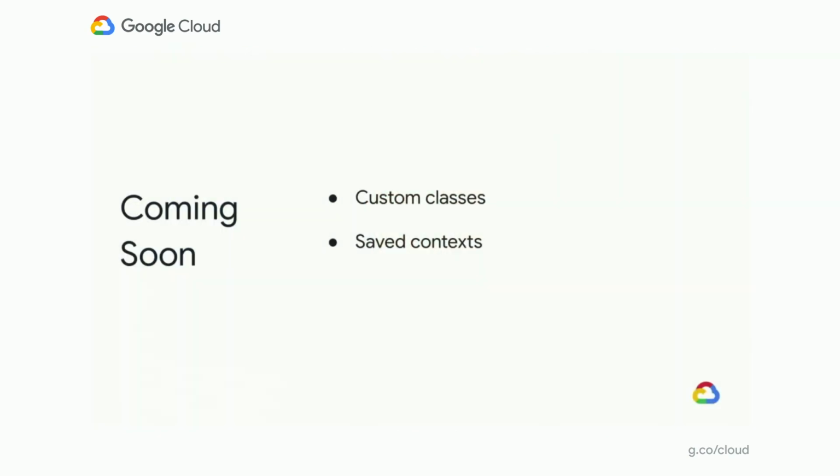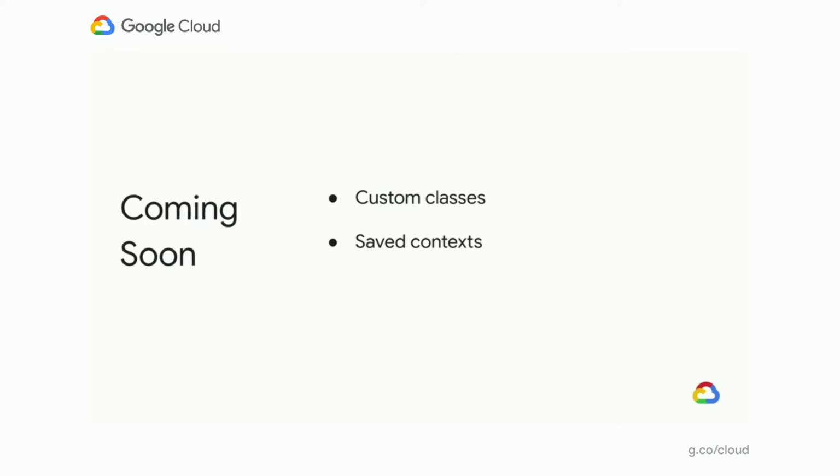Coming soon, we'll have some additions to the speech adaptation API, namely custom classes, which will allow users to create and share their own pre-made classes that can then be used with Boost or speech adaptation, the same way classes can today. This doesn't make the system necessarily any more accurate, but it gives users much greater composability when they are working on these problems in the way that they can specify phrases or words that they want to bias